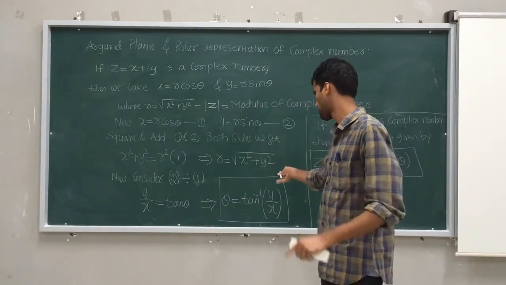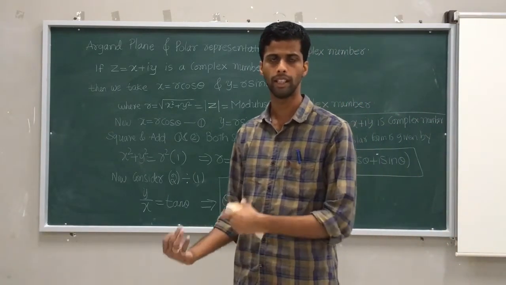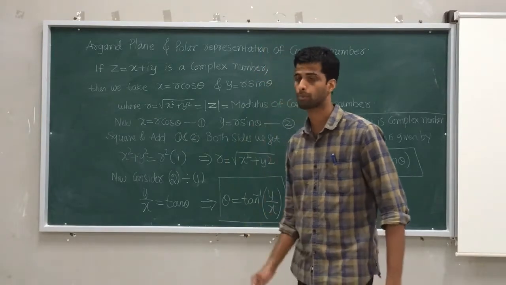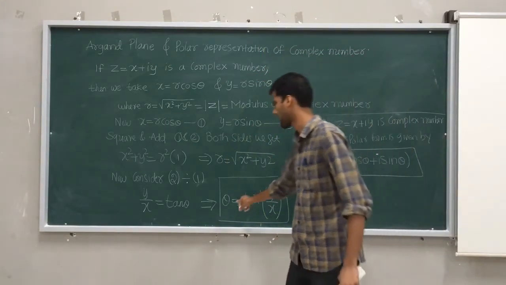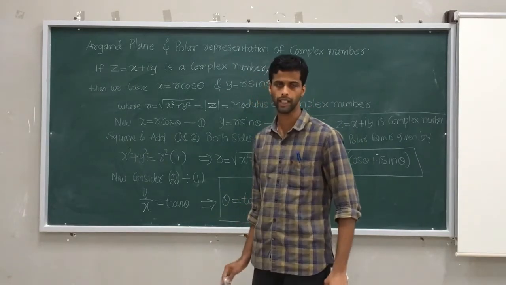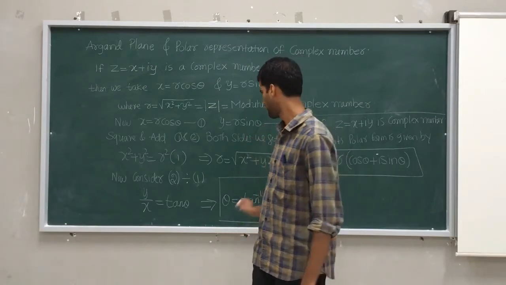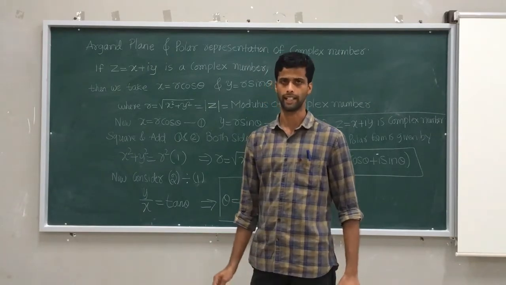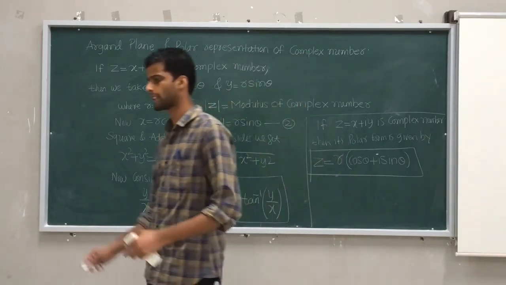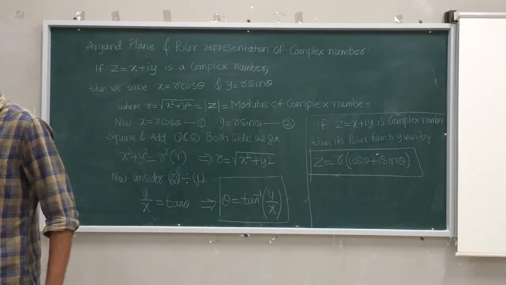Okay, the method to find theta is tan inverse of y by x. That is the argument of z, or the amplitude of z. Sometimes you will call that theta an argument; in some textbooks they call that theta an amplitude. Just take interest in this case, so it gives you a good idea. This is a very important thing I want to tell you. Now based on this, we will discuss a few questions.